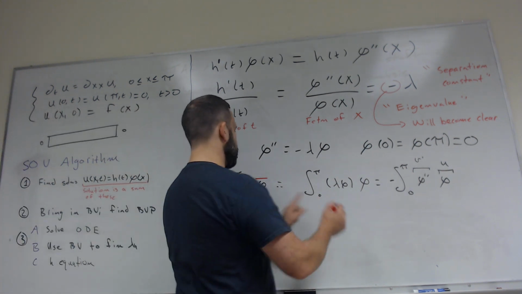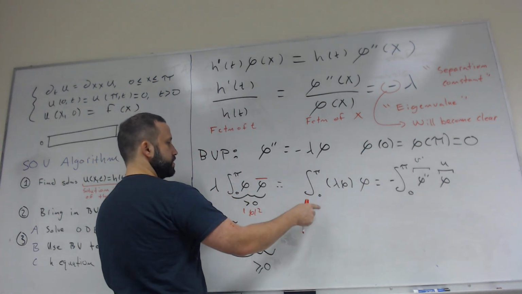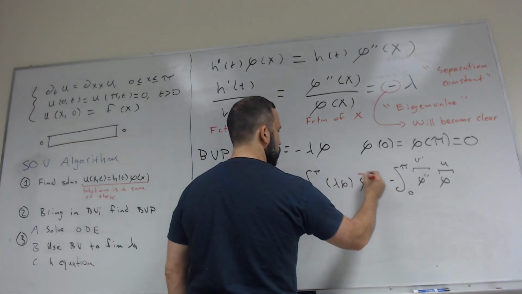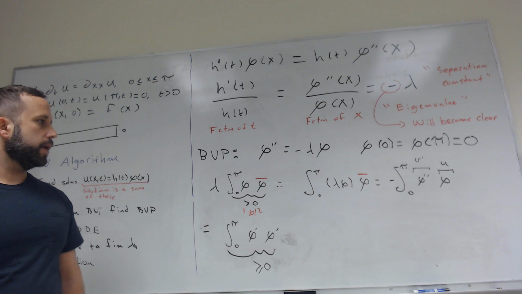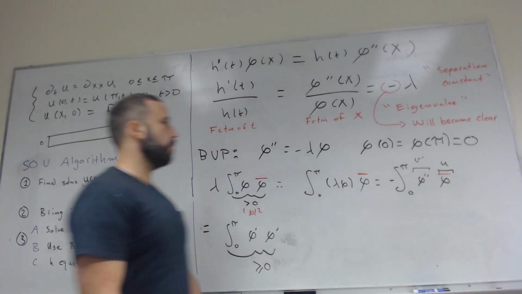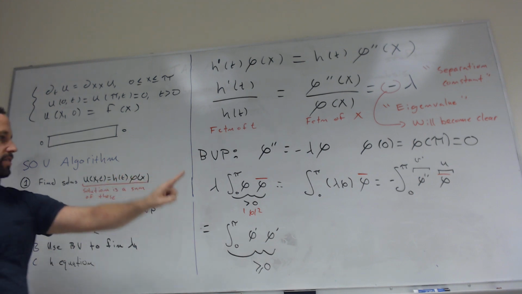Now over here, again, how did I get from this step to this step? I just put the lambda on the inside, so I'm going to put a bar there as well. Those two things are equal. Again, going from this step to this step, I just used the differential equation, so I'm going to have a bar there. Now going from this step to this step,